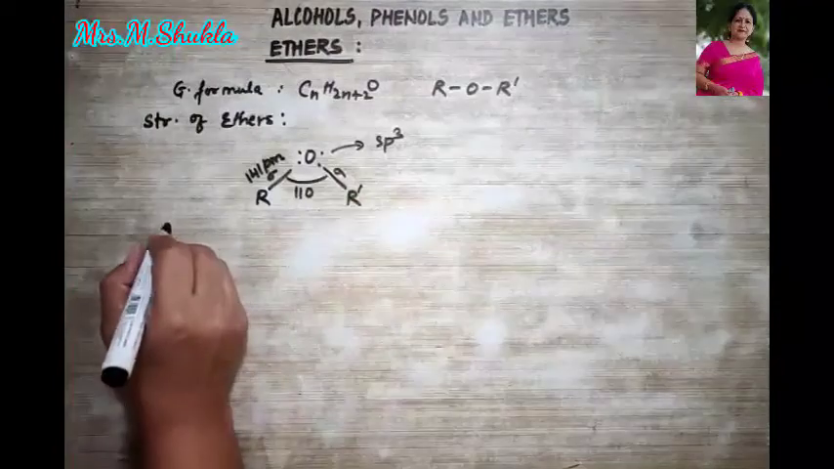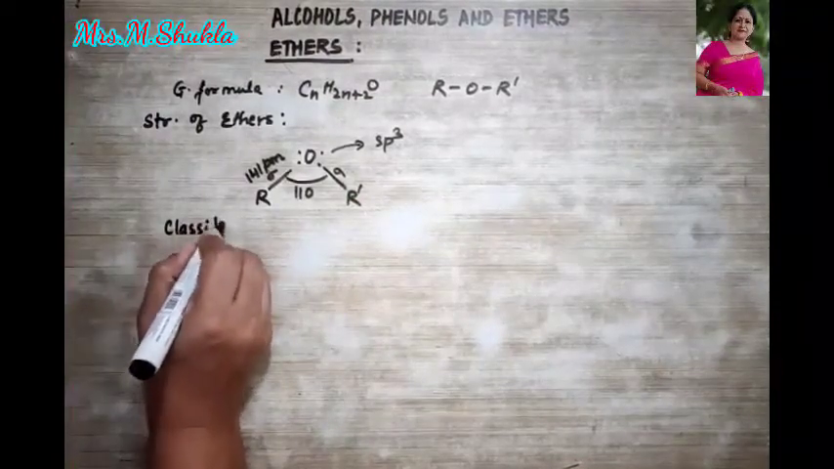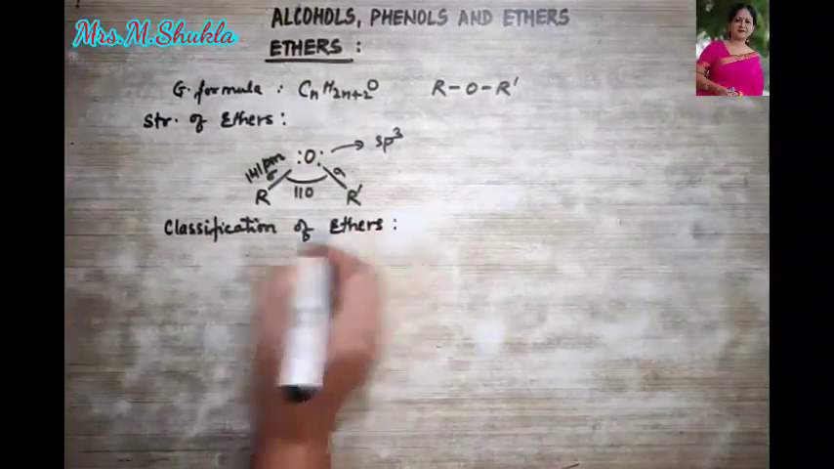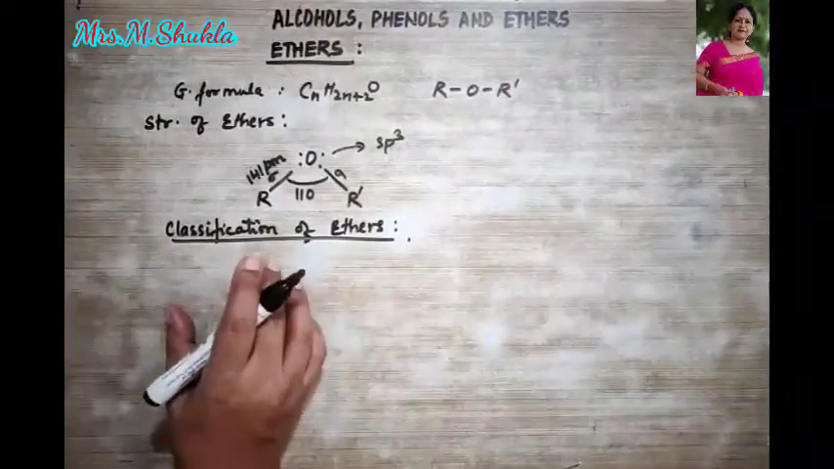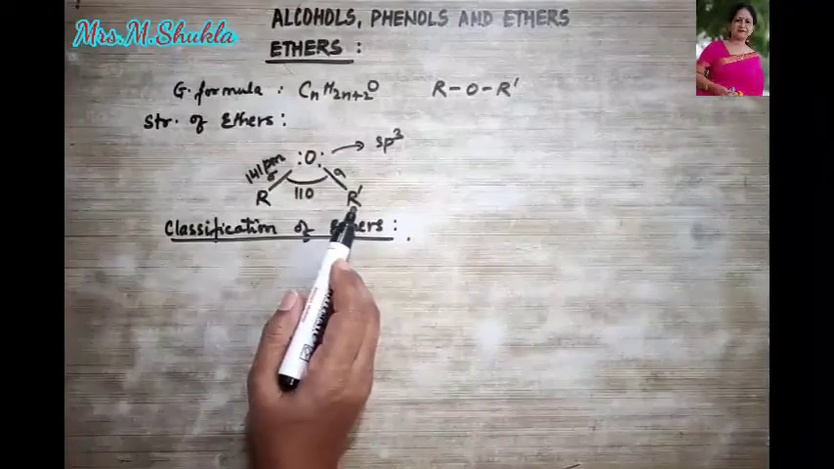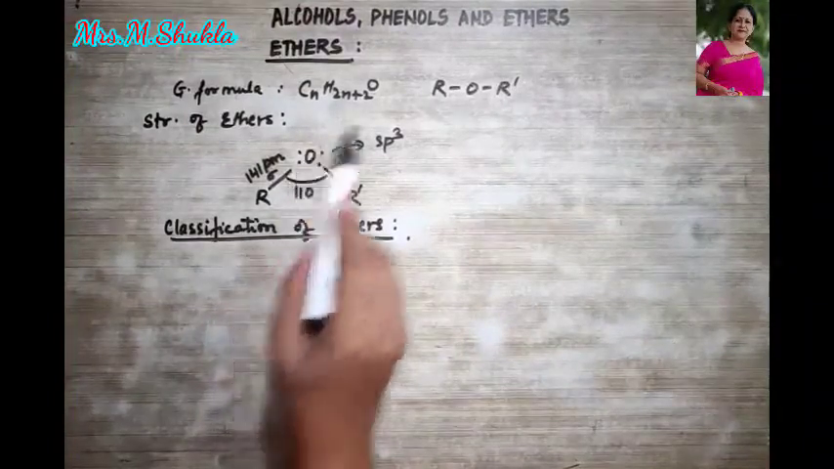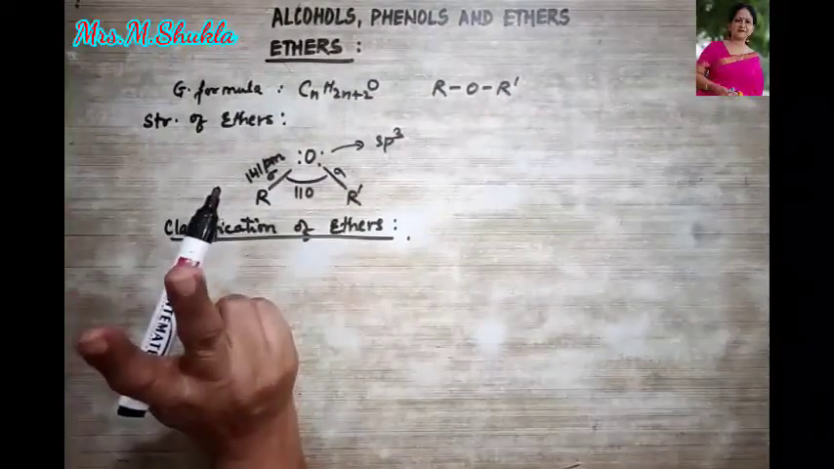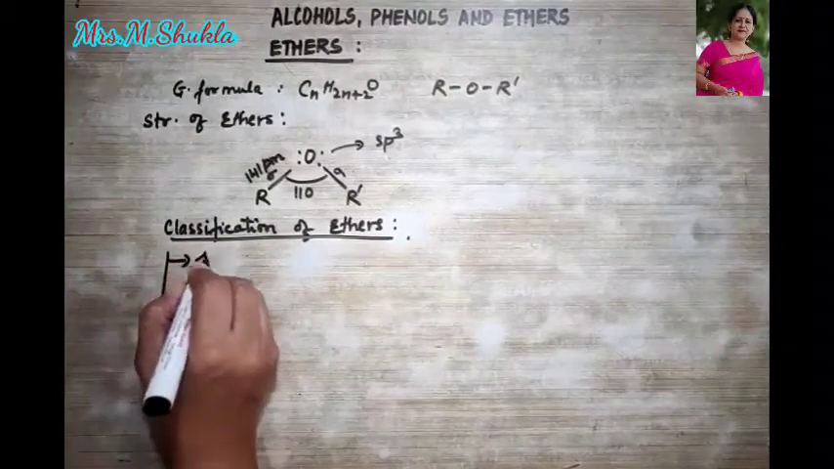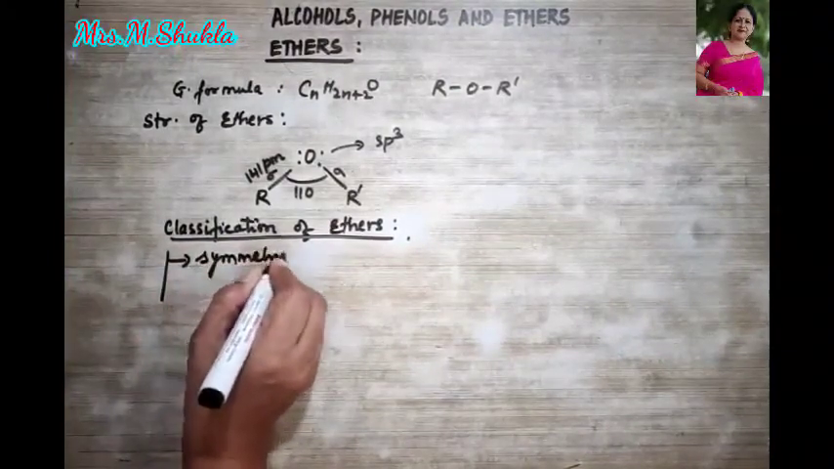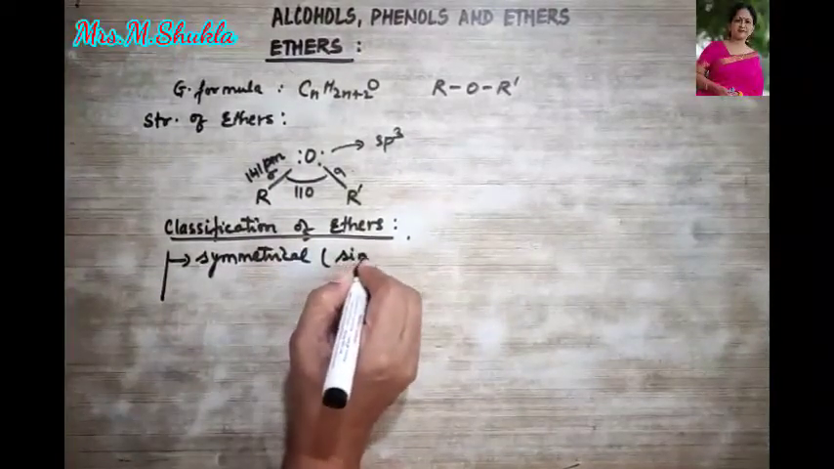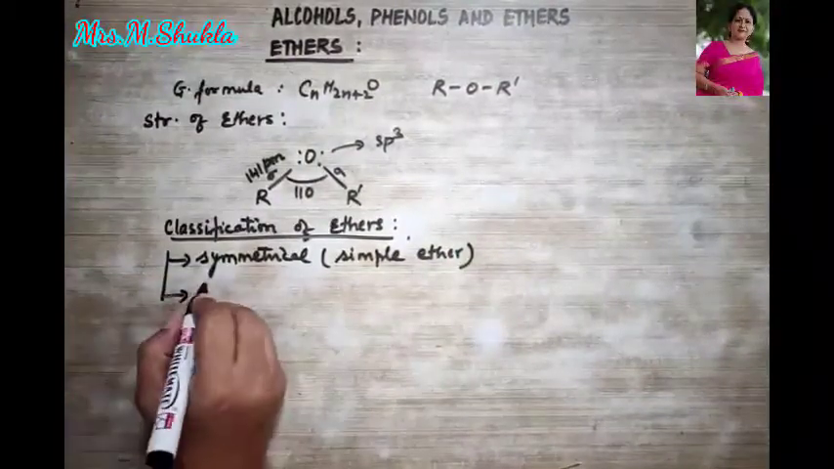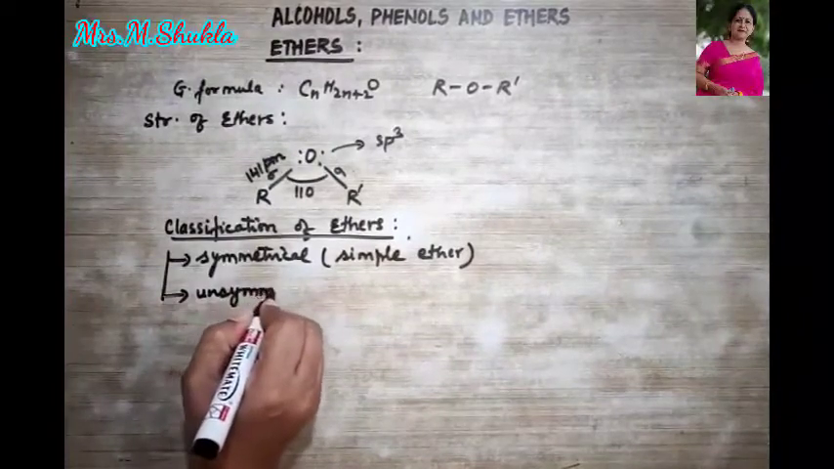Now next we talk about the classification. Classification of ethers. Over here, on the basis of the nature of the two alkyl groups, the general structure, as I have already told you, is ROR', and therefore they are classified into two parts. One is the symmetrical, or what we can say is a simple ether, and the other one is the unsymmetrical